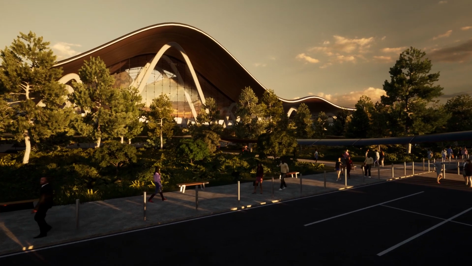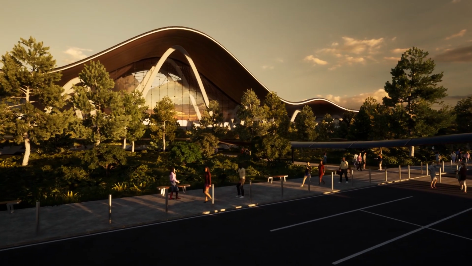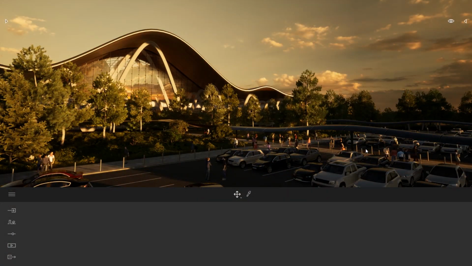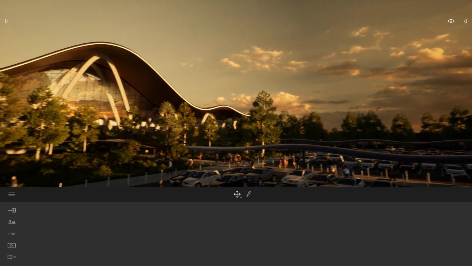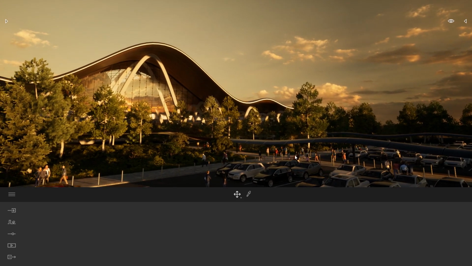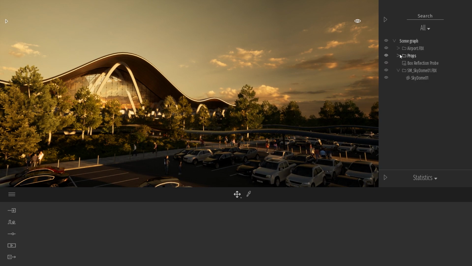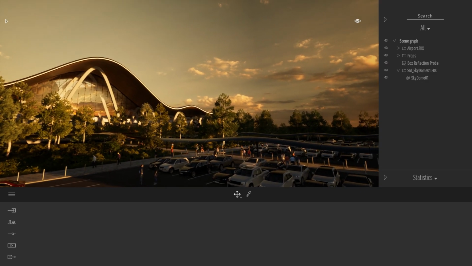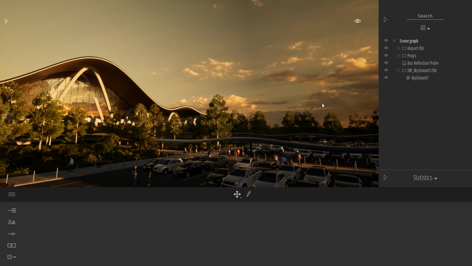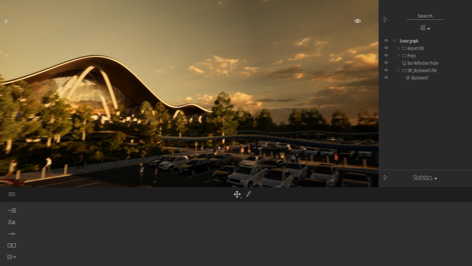Today we'll be looking at how you can save your object inside your user library to use them for future projects. As you can see here, I have a sky dome that you may have seen in the previous tips and tricks video. Today I want to show you how you can save that inside your user library to have access to this sky dome for every future project. So I won't need to do the import and setting up the material each time I need a sky dome in my project.